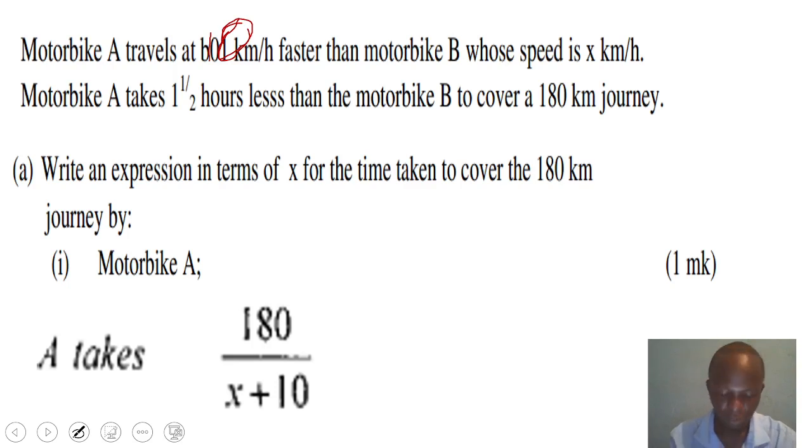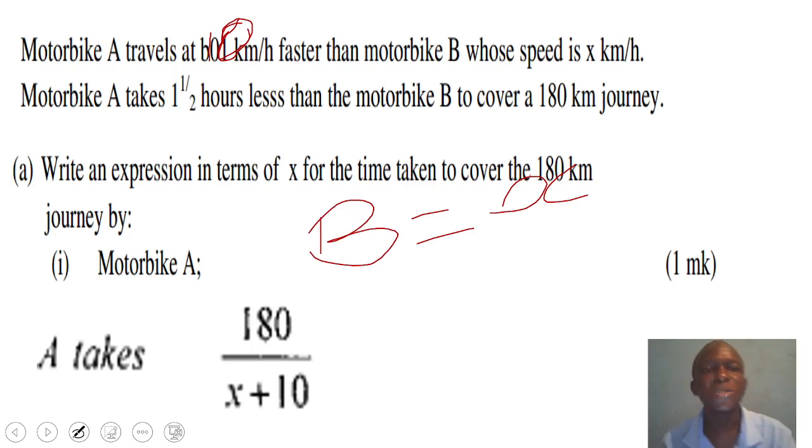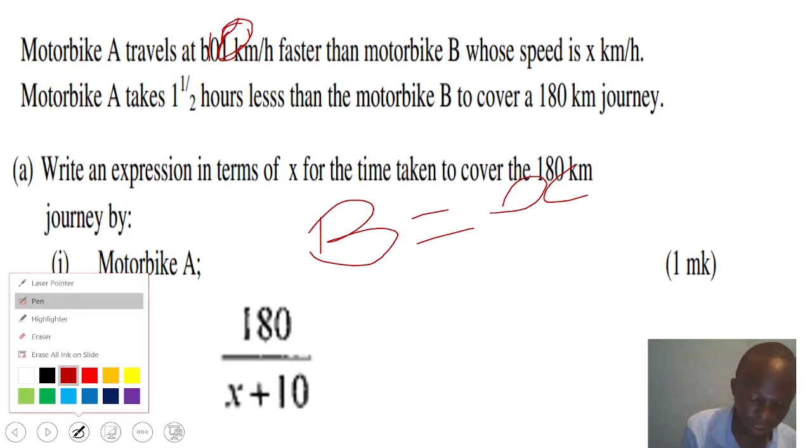So the speed of motorbike B is x kilometers per hour. We are told that A travels 10 kilometers per hour faster than B. So having noted that, motorbike A takes 1.5 hours less than motorbike B. So that is the expression. This is the expression for the speed taken by motorbike